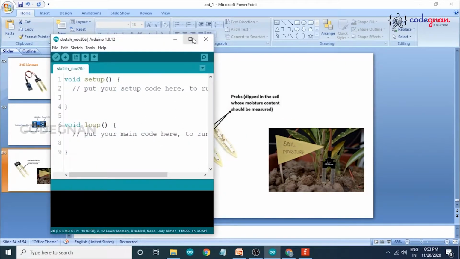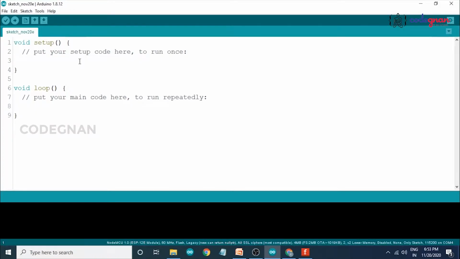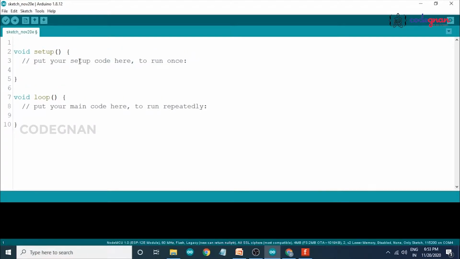Now open Arduino IDE. Here we can include some libraries.